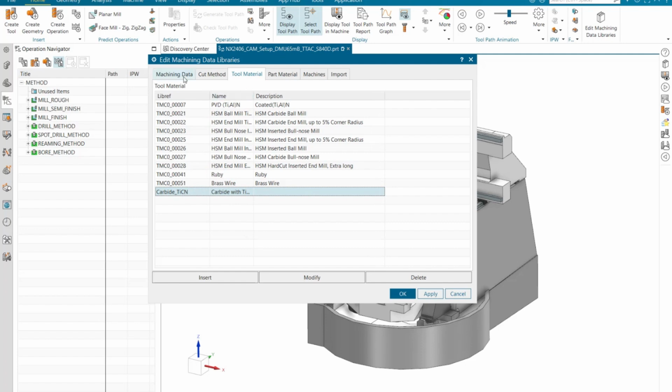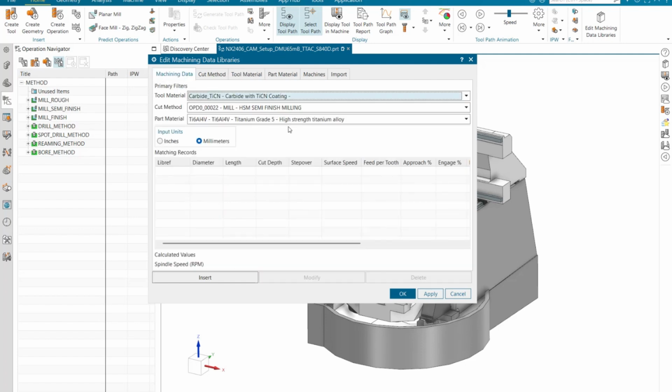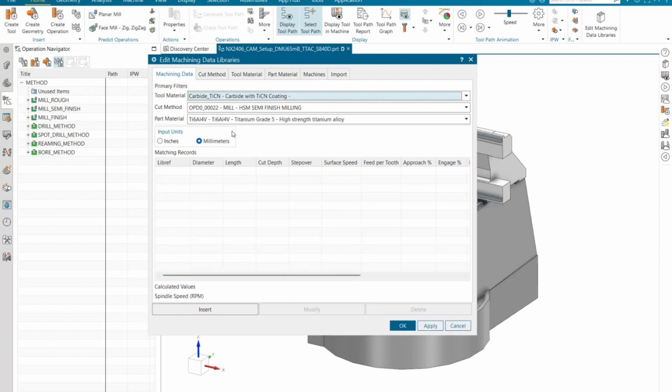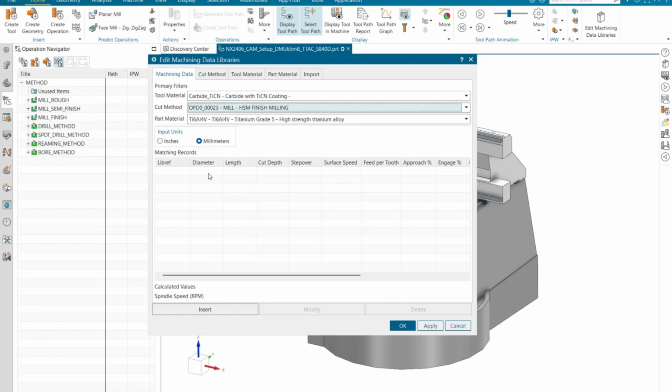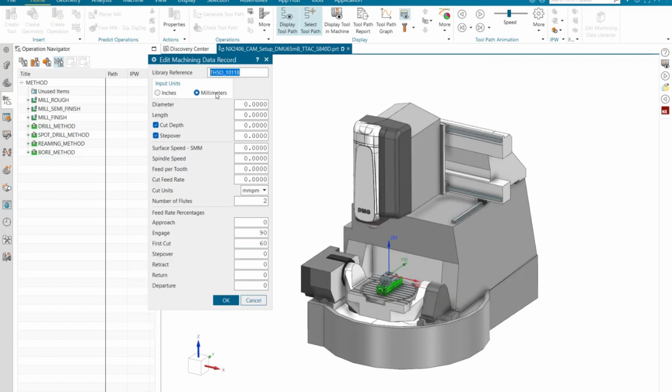So let's go to our machining data, and if you see, it will predefine those two newly created tool material and part material. It automatically selected the carbide and also selected the part material. So what we can do is we can select the cut material based upon the application what we need. So let's go ahead and select our cut method as finish,